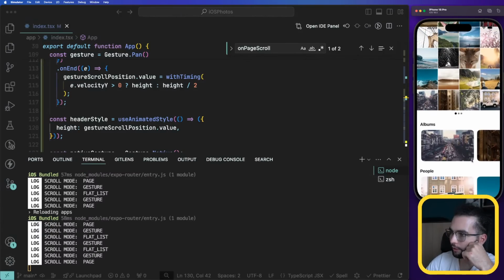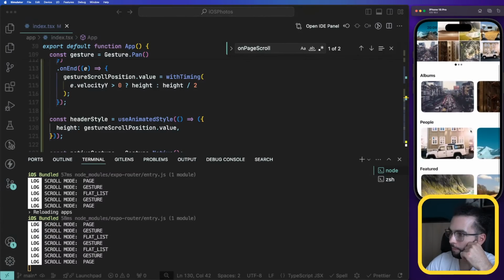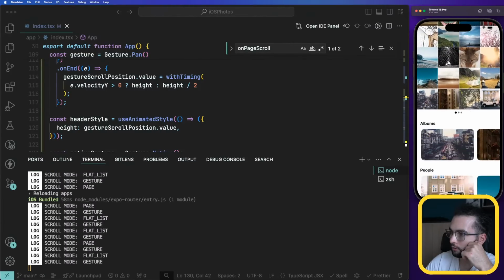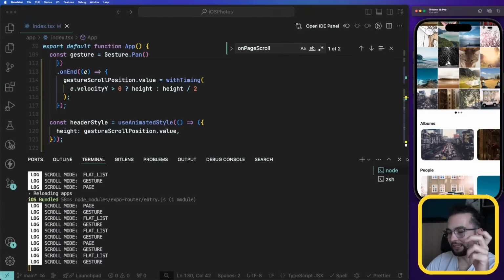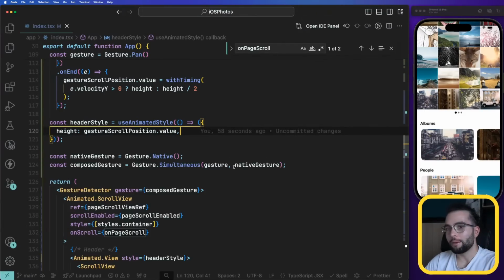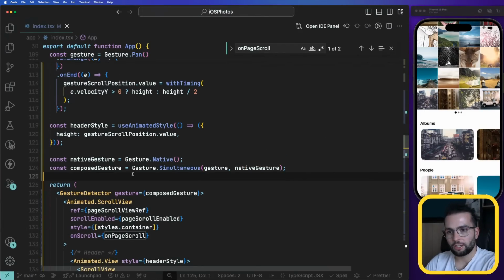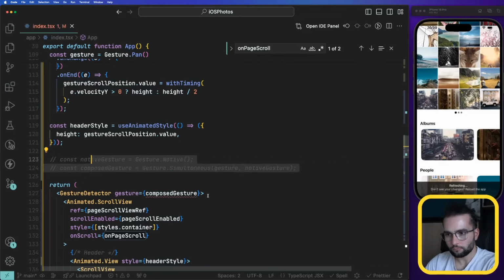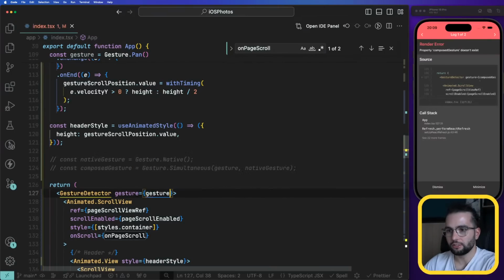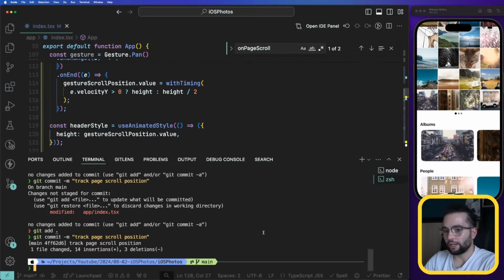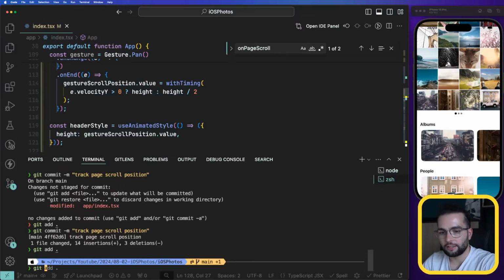We get into page. Another thing that I have, this one didn't work, but maybe it worked in combination. Give me just 1 second. Maybe you know what? Let me comment out this part and just give here the gesture. And I will do a git add, git commit -m